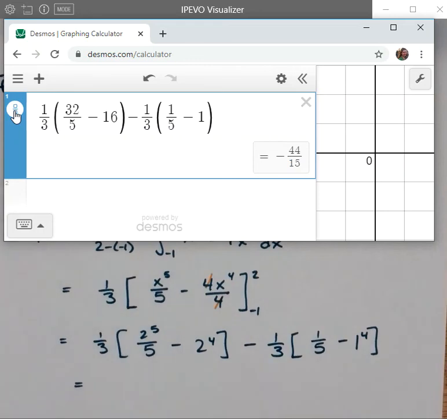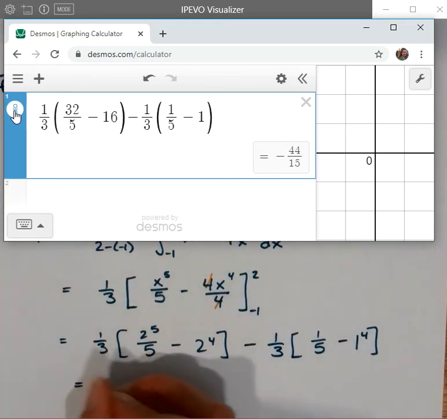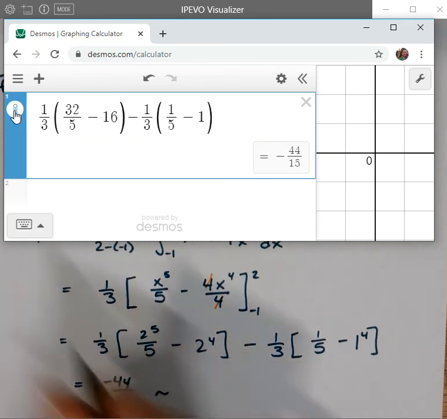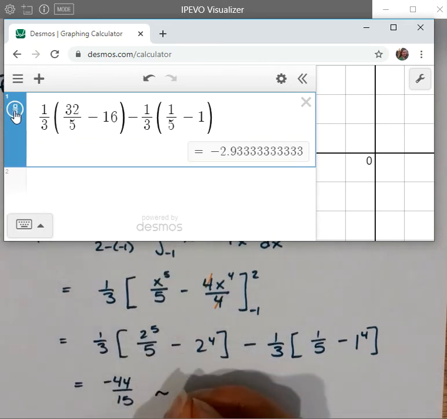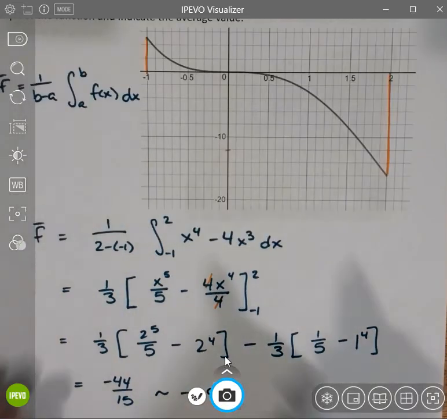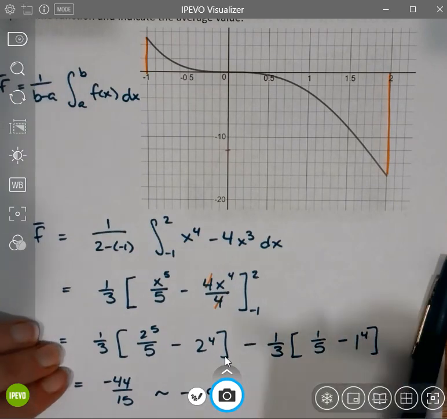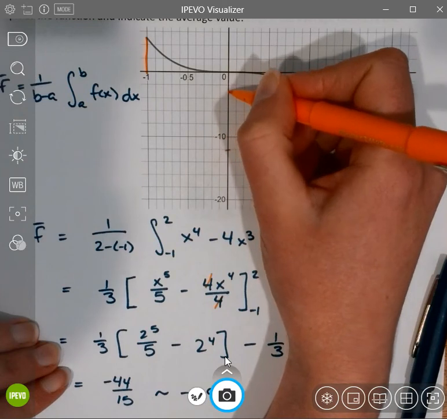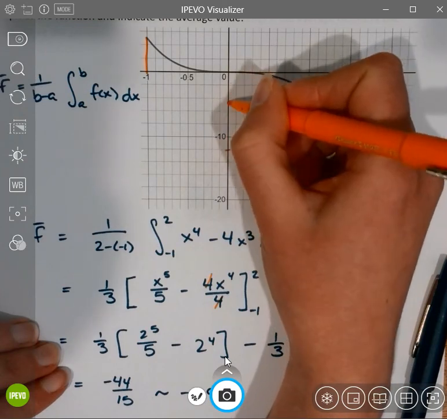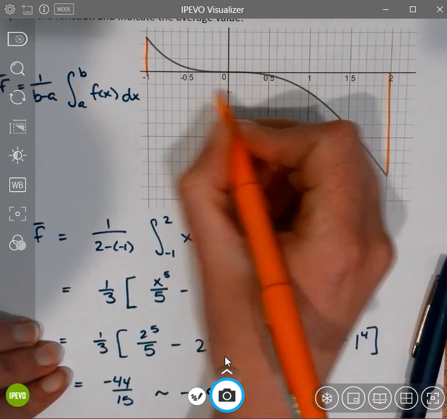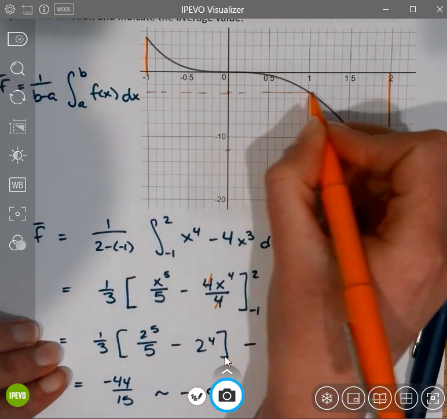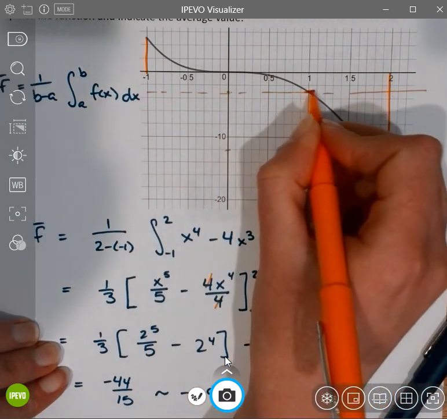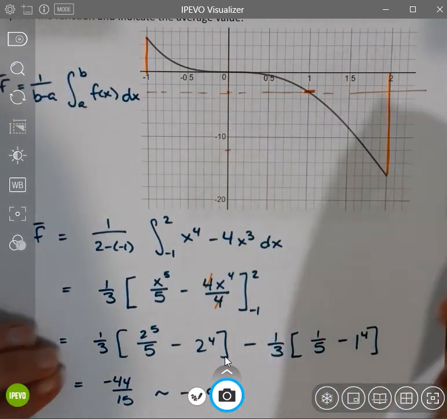So I just wanted to get that as a fraction, so that's negative 44/15, or if I round that off, it's negative 2.933. Okay, so back up to our graph. The average value is, these are by twos, I think. So 2, 4, 6, 8, 10, yes, 2. So right about there. So the average value is realized right here, which is definitely not the average of just